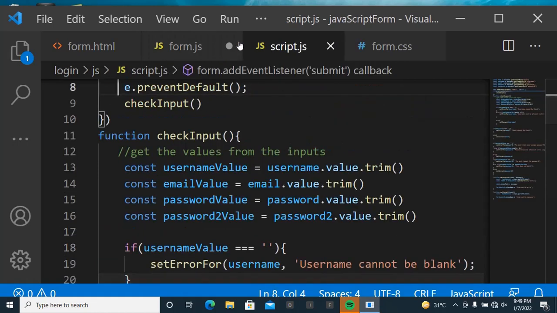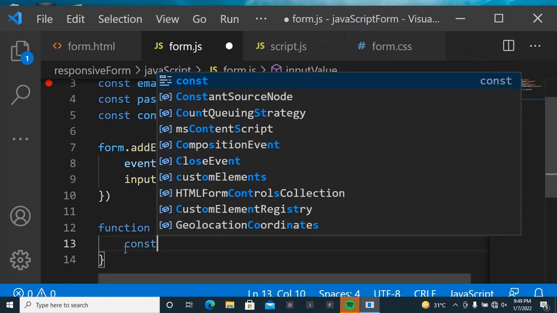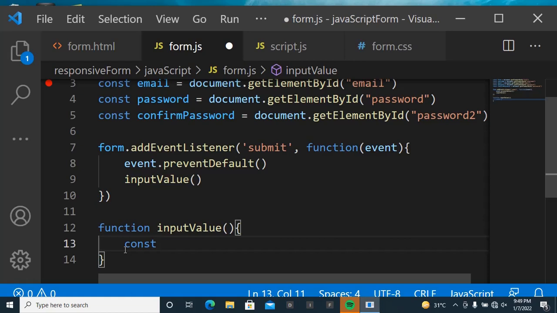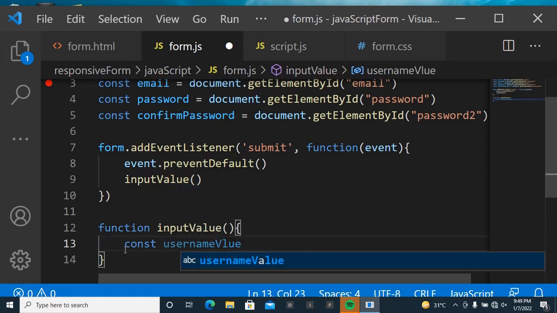So to do that, we shall be calling constant. Then the first one is username, right? So then we say username value now. So we are just giving it this name. You can use anyone that pleases you, or you can say username trim, whatever pleases you. So username value now, it's going to be